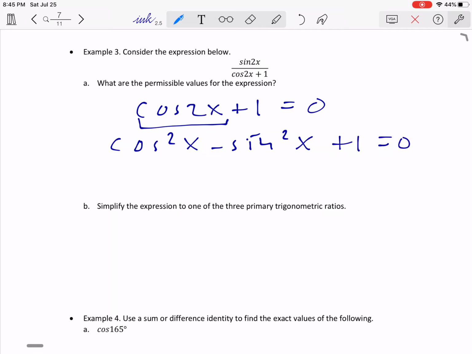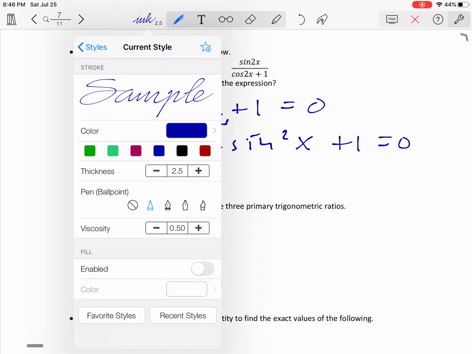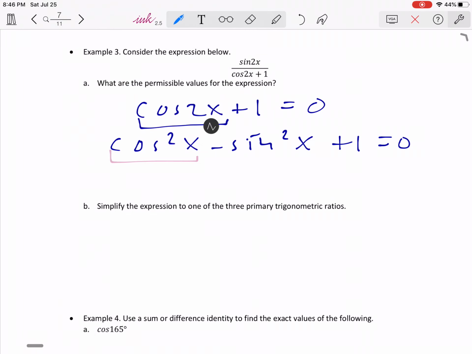And then what you can do is, just like we did in the previous example, it doesn't matter which one you want to change here, but let's say we want to get rid of cosine squared x. So this one here will substitute for cosine squared x, 1 minus sine squared x. Okay, minus the other sine squared x plus 1 equal to 0. And so what that's going to give you, when you collect like terms,